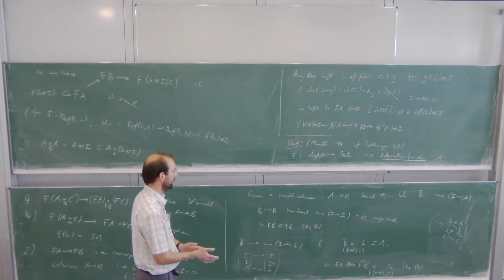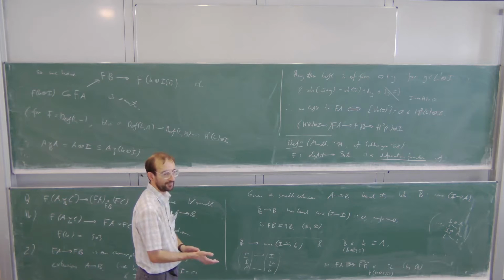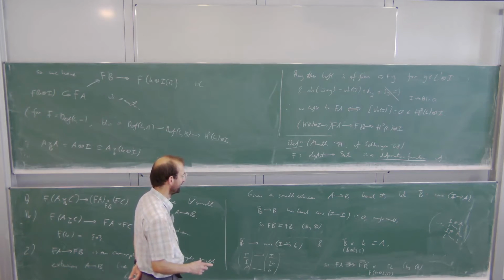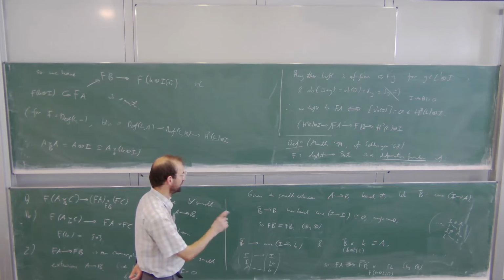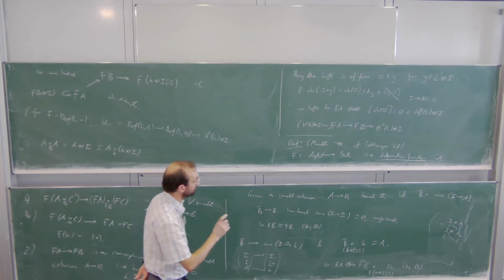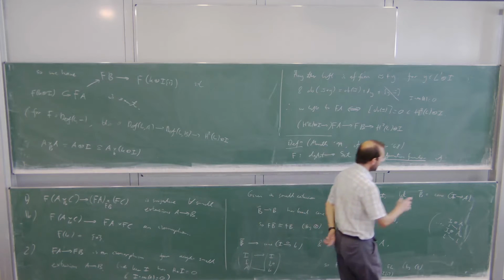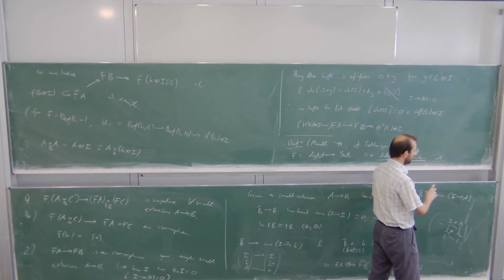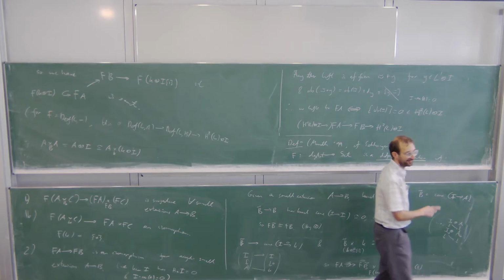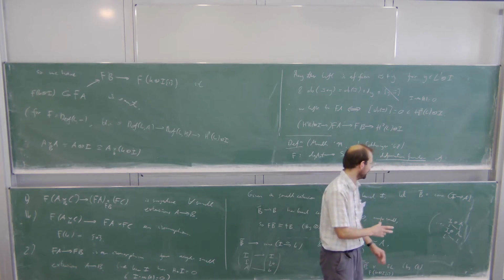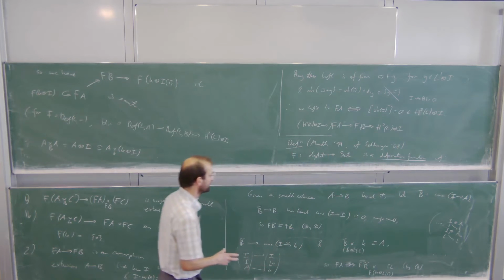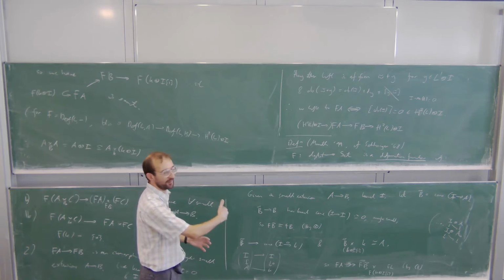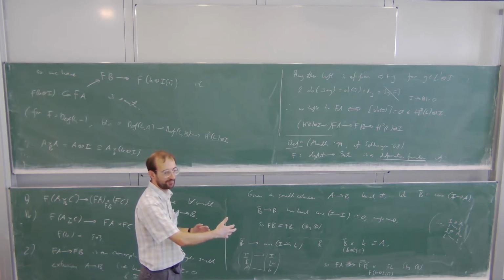Yeah, Dold-Kan will work in this case. That's right. All you really need to know is the module structure. And Dold-Kan is okay for modules, because it's okay for associative rings. So you form the cone via Dold-Kan, and then you find you've actually got no choice when it comes to defining